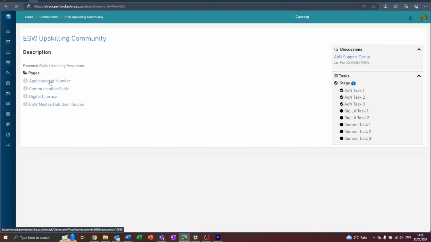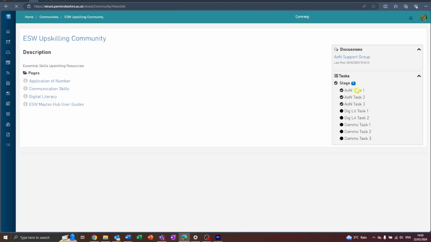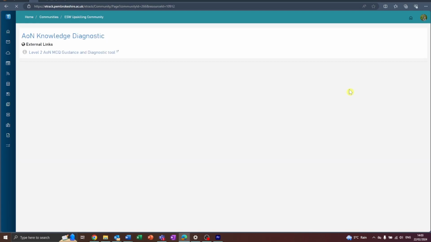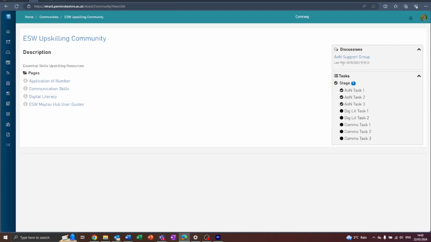You will be able to find resources here if you have a look within each subject. You can also navigate to specific resources using the taskbar. Here you will be able to select the task you have been set and the link will take you to the resource in question. If we head back to the main page of this community, you can also see there